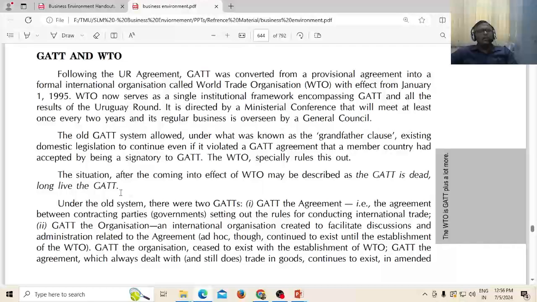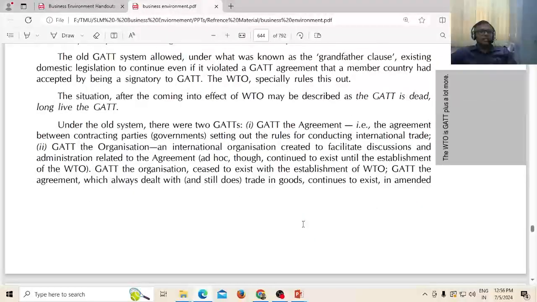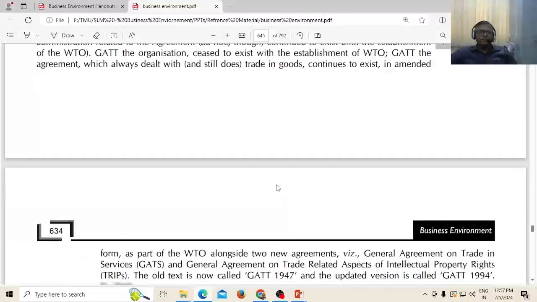Under the old system, there were two GATTs. First, the GATT, the agreement, that is the agreement between contracting parties' governments setting up the rules for conducting international trade. Second, the GATT, the organization, that is the international organization created to facilitate discussions and the administration related to the agreement. The organization ceased to exist with the establishment of the WTO. GATT, the agreement, which has always dealt with trade in goods, continues to exist in amended form